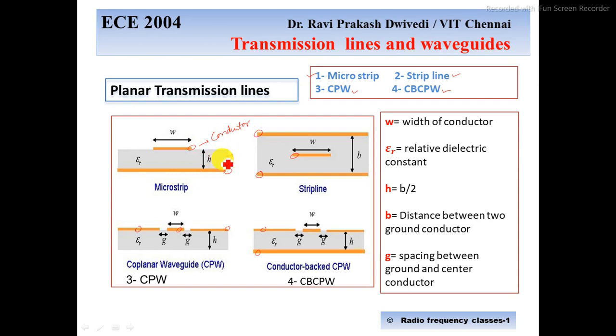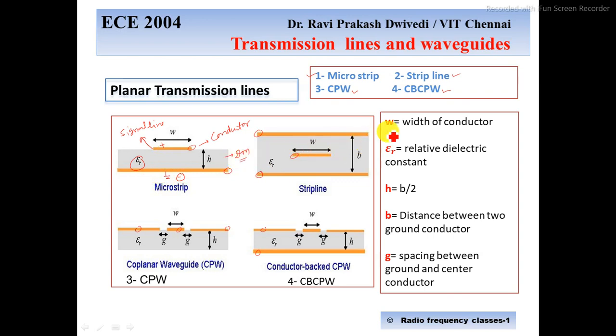and this one is the dielectric material. I'll write in short form, DM, dielectric material. It has a relative dielectric constant epsilon r, and it has a certain height h, which is well defined for particular types. This dielectric material provides proper support to these conducting materials. So this will be treated as a signal line. Generally the positive terminal will be connected here, and this will be treated as a ground. So the negative terminal will be connected here.